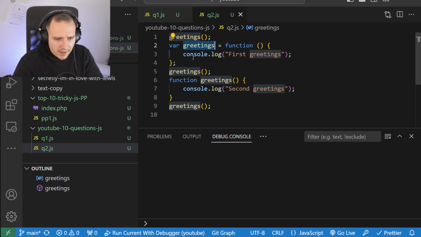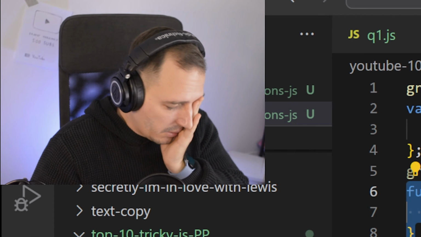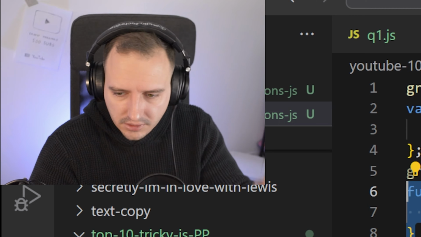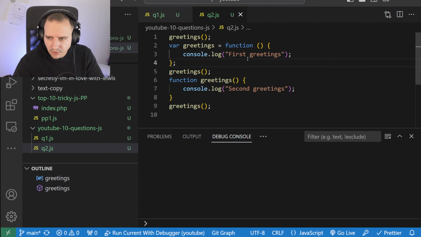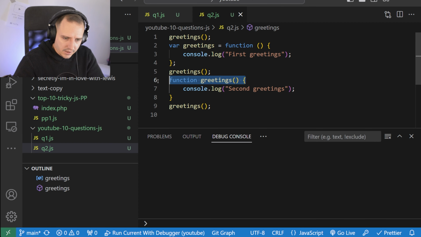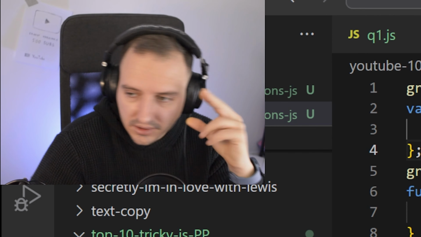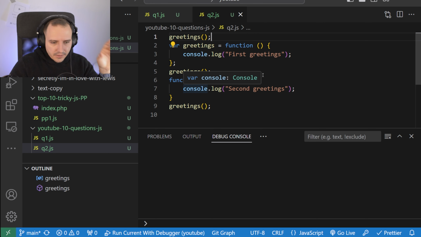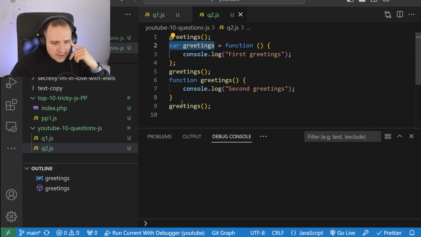All right, I don't fancy this declaration. I fancy this one. Oh my god, how is this called? I know how it's called, but I just forgot. Doesn't matter. So one thing you should know, that function declarations go above the var when it's hoisting. Hold on a second. I need to think about this. I think I know it now. This goes up, var greetings, then we declare the greetings function.